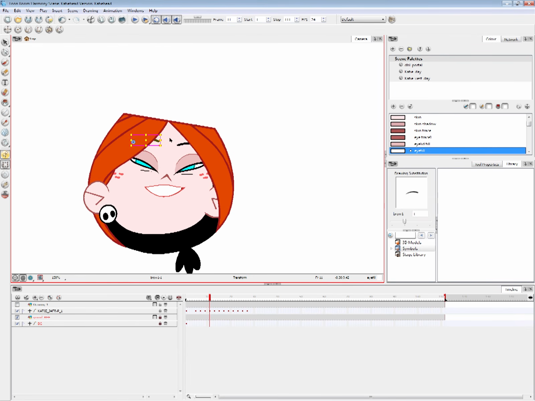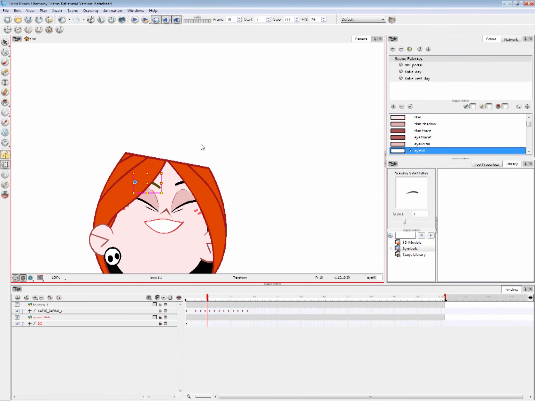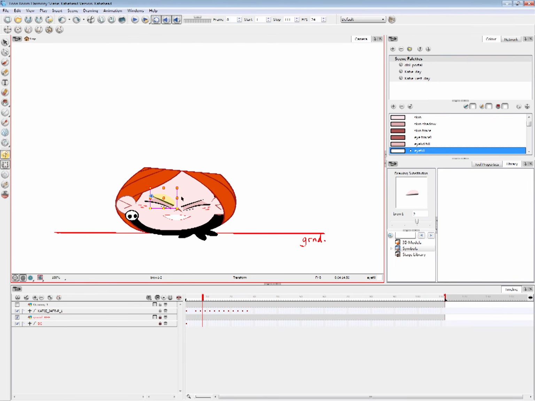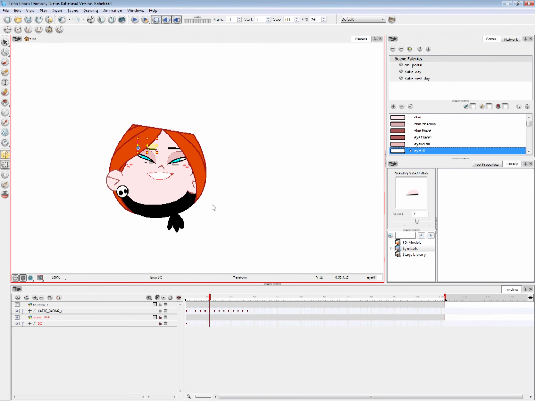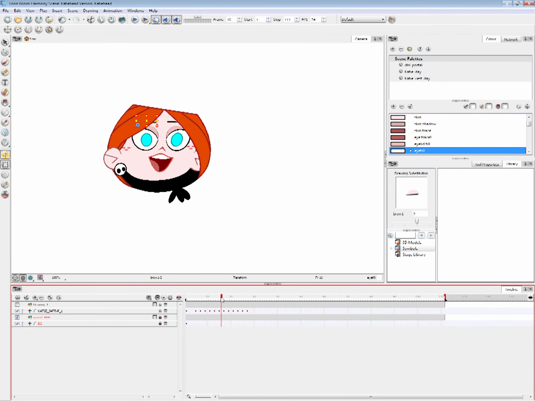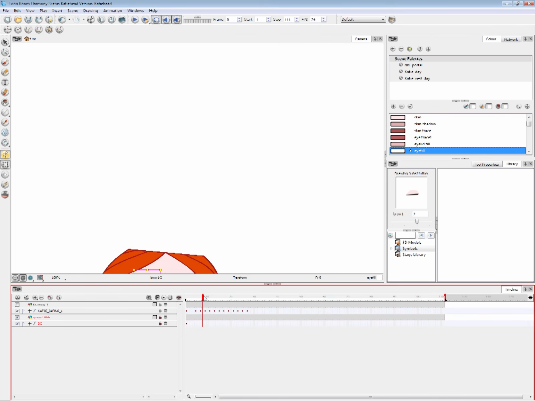Okay, I want those eyebrows to have more of a change, so let's keep it. Oops. Squash here, and let's keep that straight. Let's see how it changed from the curved eyebrows to the straight one. And if I look at the next one, everything has these straight eyebrows.